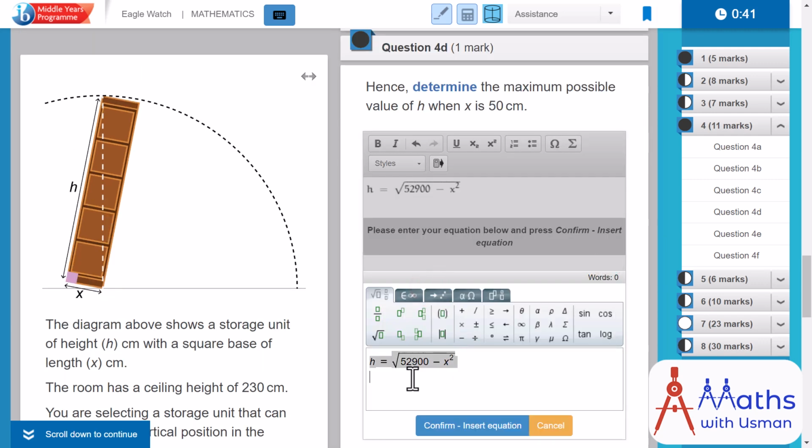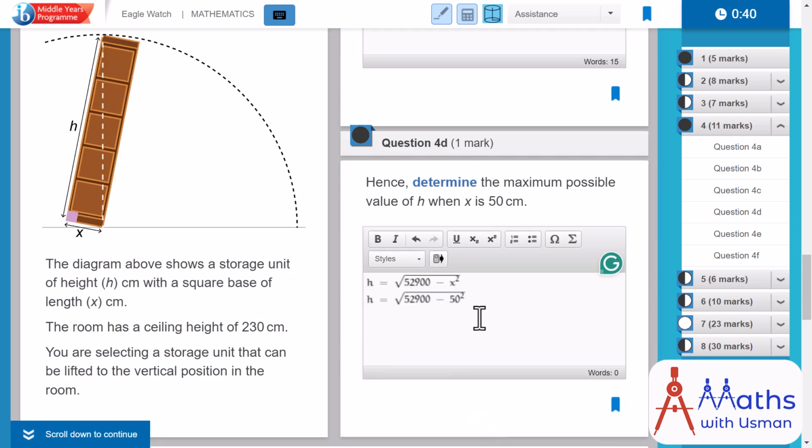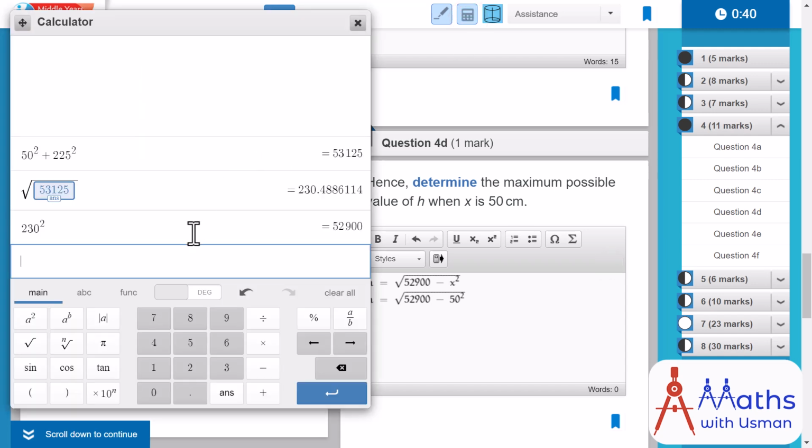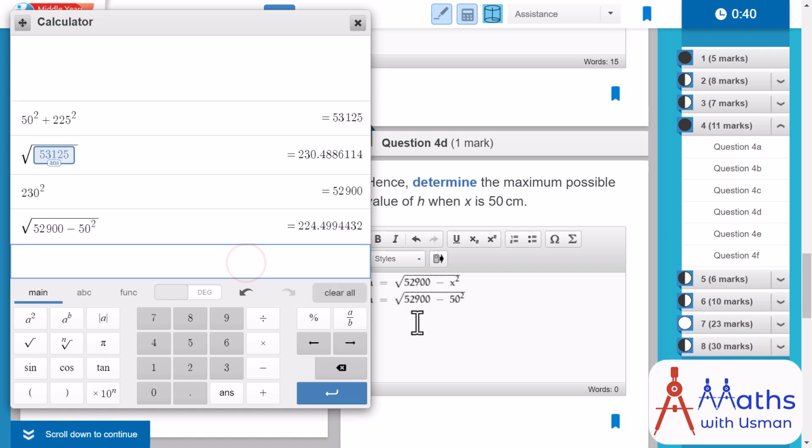Now here's the cool part. I can edit this, copy this, paste it again, type in a 50 over here because x is 50 now. And now I can simply go to my calculator, Control C, this is copied. Because some of you might think that, sir, at least I would need to write all of this down on my calculator, right? Yes, you would need to do that because that copy pasting did not work. So that's really easy. Just going to do 52900 minus 50 square. Okay, and this is basically your answer. Just press enter. Let's come back here and press the copy from calculator button.